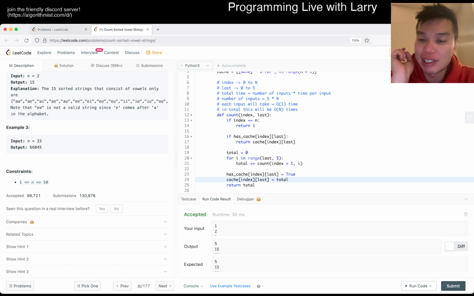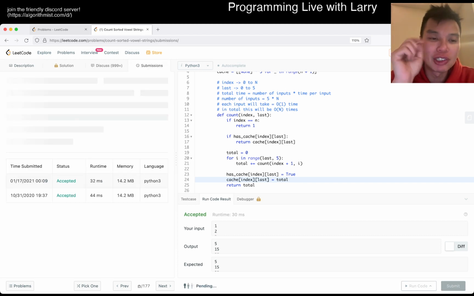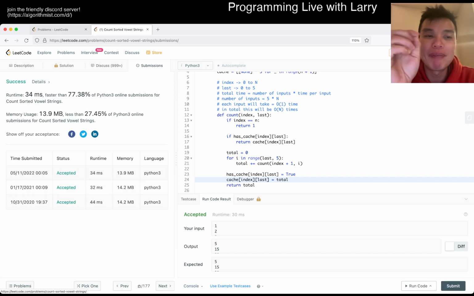One additional trick, let me give it a submit first. One additional trick, oh, let's see, I've done it twice already. One additional trick I would say is keeping in mind that